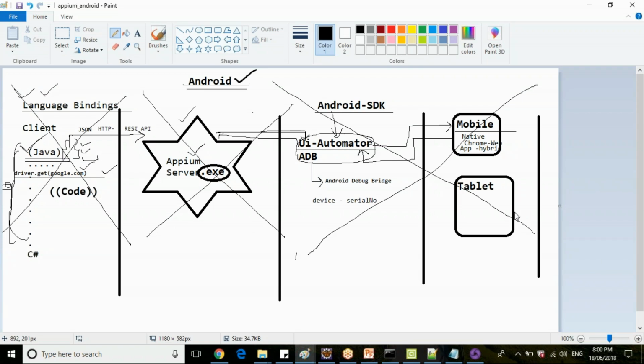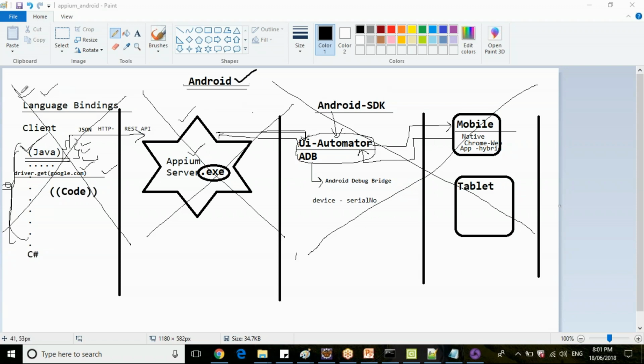In this architecture diagram, which are all one-time setup? Your Android SDK, your apm.exe driver. These are all one-time setups. You don't need to set up for each and every program, install Android SDK, set SDK path. Once you set this up, it will work for everything.